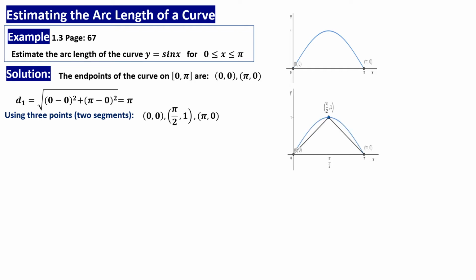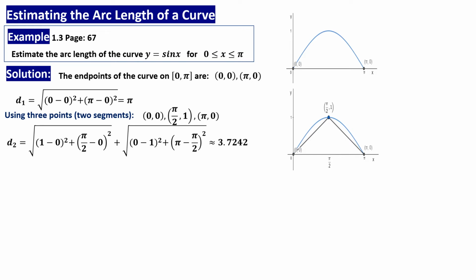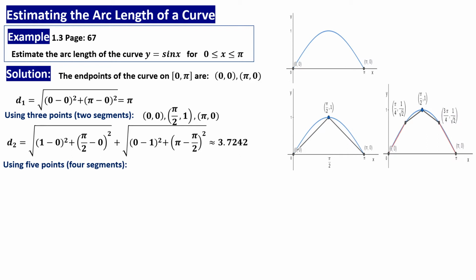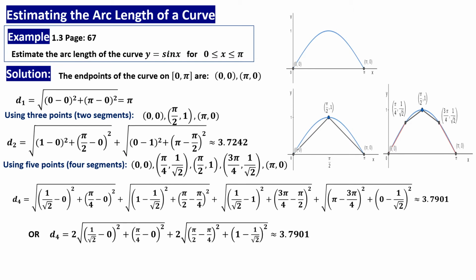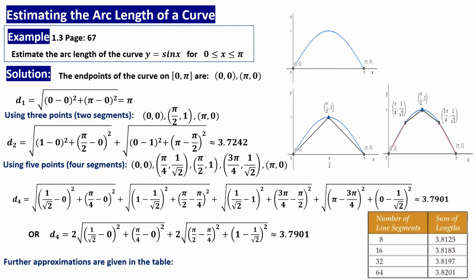For example, if we divide the interval in two, then it gives two segments. If we calculate the length of each one and add the results, we get an approximate length of the arc. If more intervals are chosen and more segments are calculated, we'll get closer to the real value of the length of the arc of this curve. Of course, there is a table, with 8 segments or 16 or 32 or 64, and it goes closest to